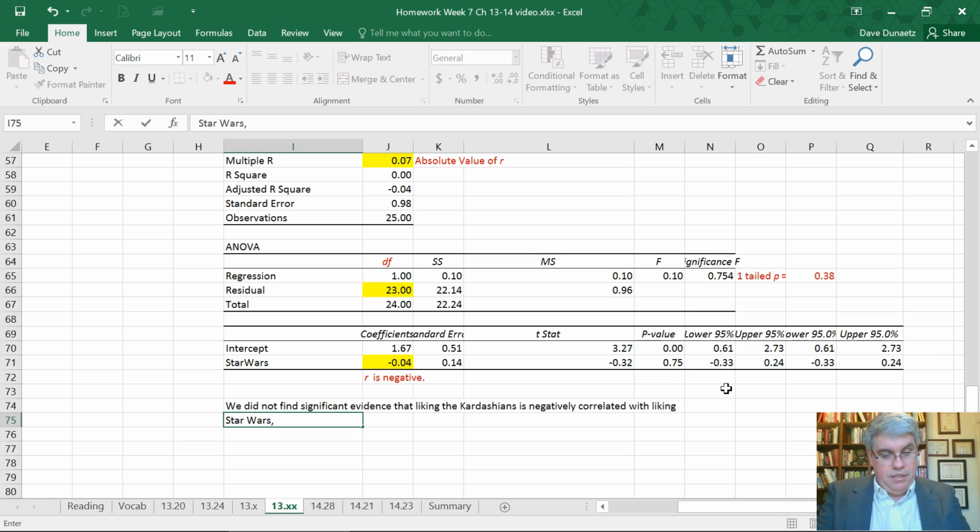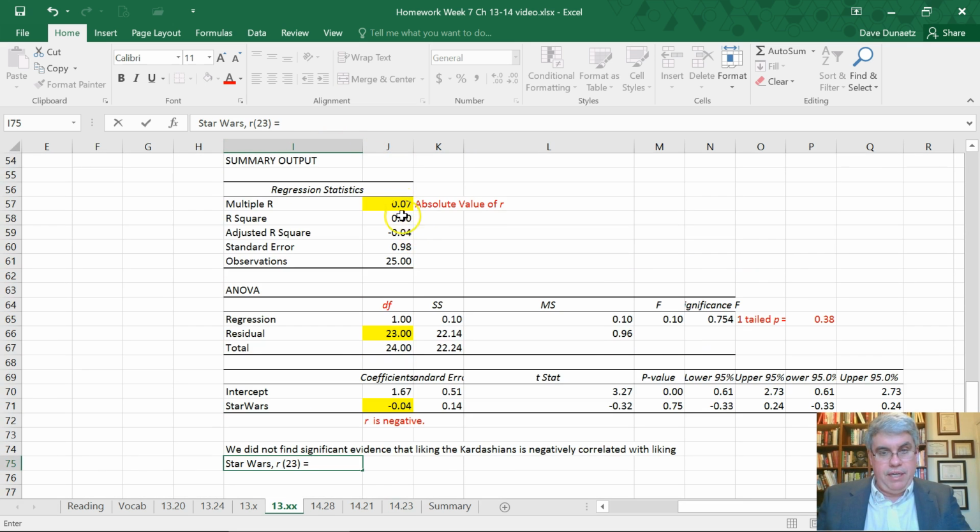And so we have Control I, R, Control I, and then parentheses, the degrees of freedom, 23, space, equals, and so the correlation was 0.07, and it was minus, right, minus 0.07, comma, and then the p-value, Control I, p, Control I, space, equals